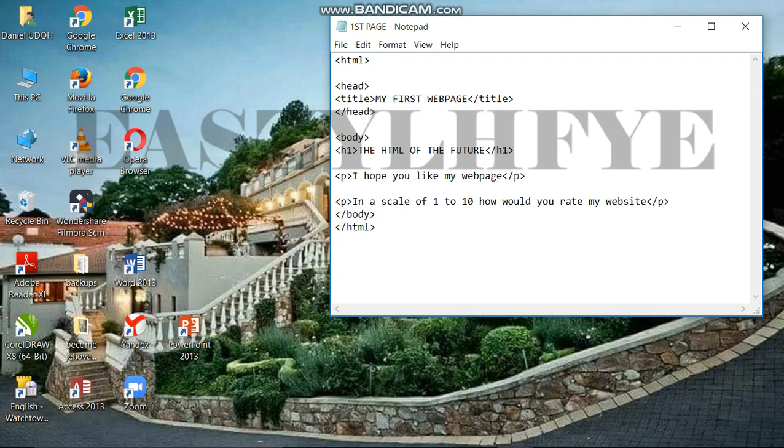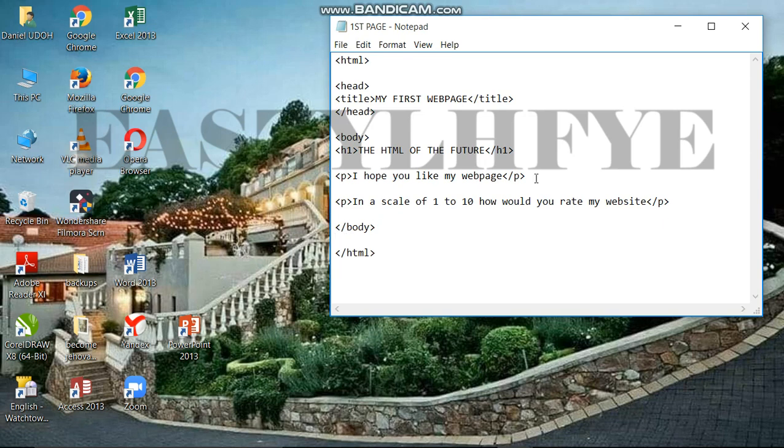Now you might have questions like, why don't we actually have P1, P2? Now if you use that, it might as well be the same thing, but it's easier to just use P since it understands it as paragraph. Okay,